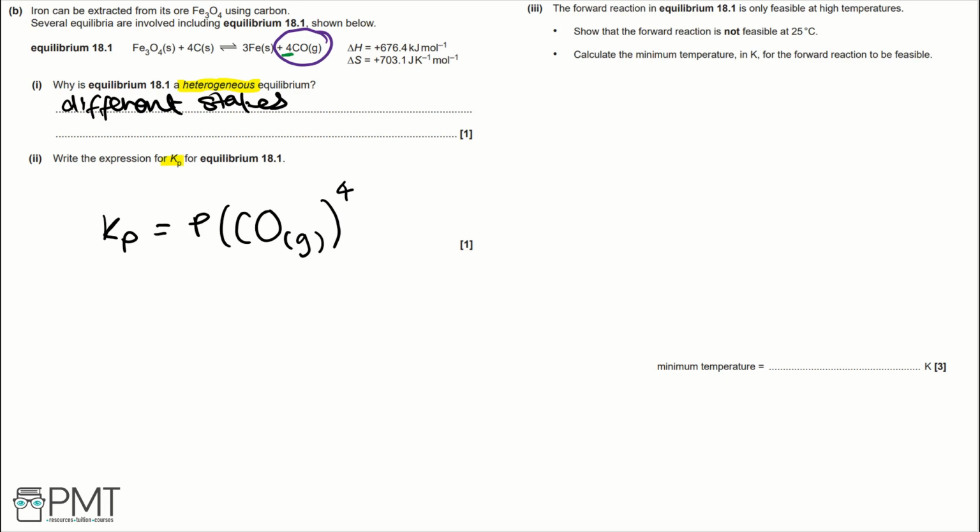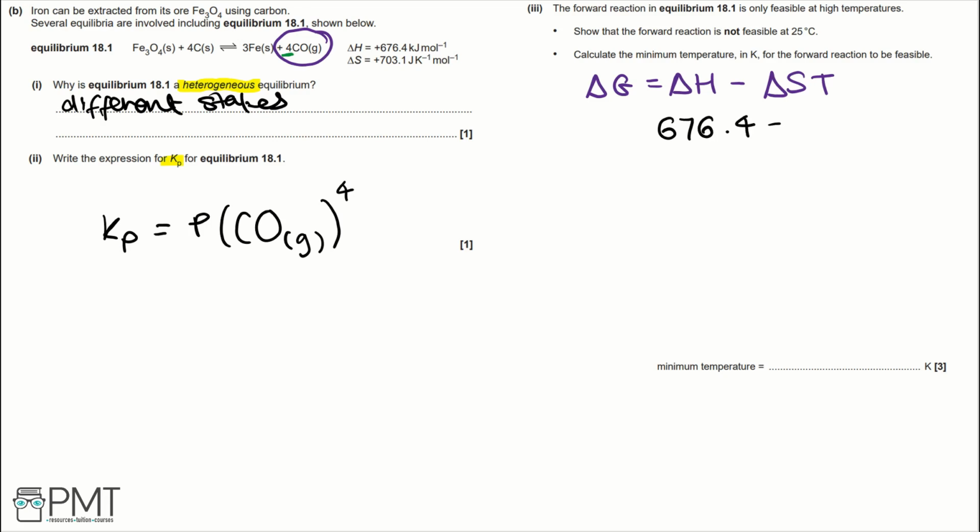Part 3. The forward reaction in equilibrium 18.1 is only feasible at high temperatures. 1. Show that the forward reaction is not feasible at 25 degrees Celsius. And 2. Calculate the minimum temperature in Kelvin for the forward reaction to be feasible. Let's begin answering this question by writing the equation for Gibbs free energy. And that is delta G equals delta H minus delta S T. So if we were to plug in the numbers that we're given, we can work out delta G. So we've got